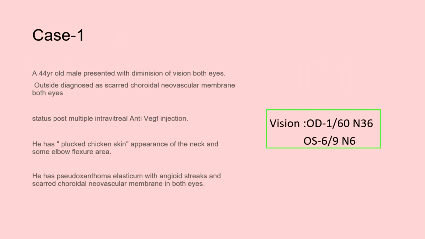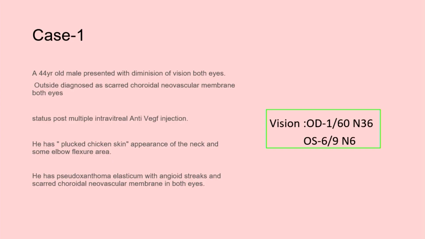So I'm going to discuss cases. Case 1, a 44-year-old male presented with defective vision, with vision in the right eye 1/60 and near vision N36 and left eye 6/9 N6, and he had a history of multiple intravitreal anti-VEGF injections, diagnosed outside as a scarred CNVM. On examination he had a plucked chicken appearance of skin in the neck and some elbow flexural areas. So he was found to have pseudoxanthoma elasticum